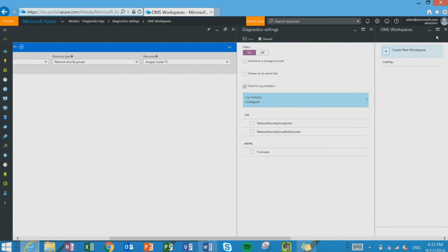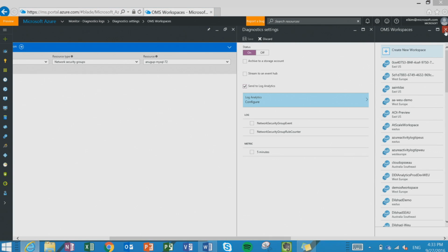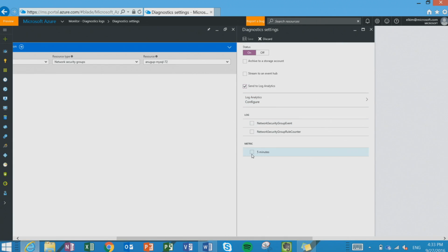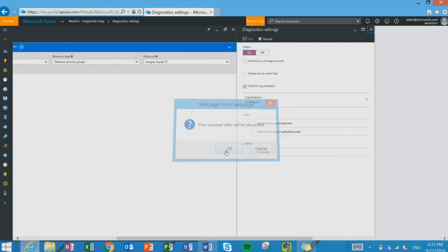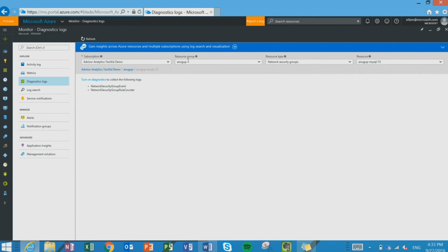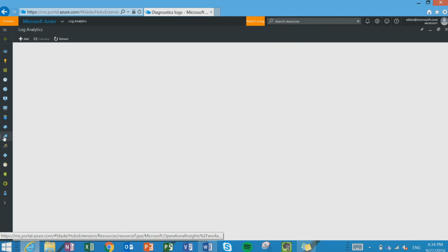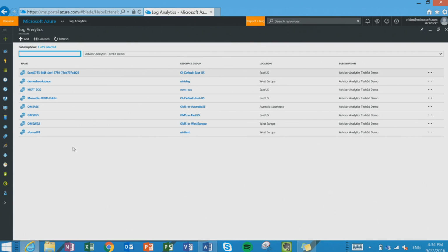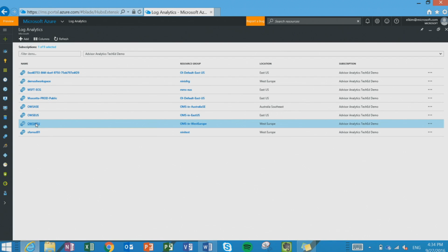I have quite a few workspaces, so you'll see all the workspaces that I have access to. You can select any of them. You can select the logs or the metrics that you're interested in, and then save for you to get started onto the log data. I'm not going to save that particular one. I don't own it. So that's the experience that we have under the Azure Monitor. We also have our own service points available for Log Analytics. So when you click onto it, you select a particular workspace,